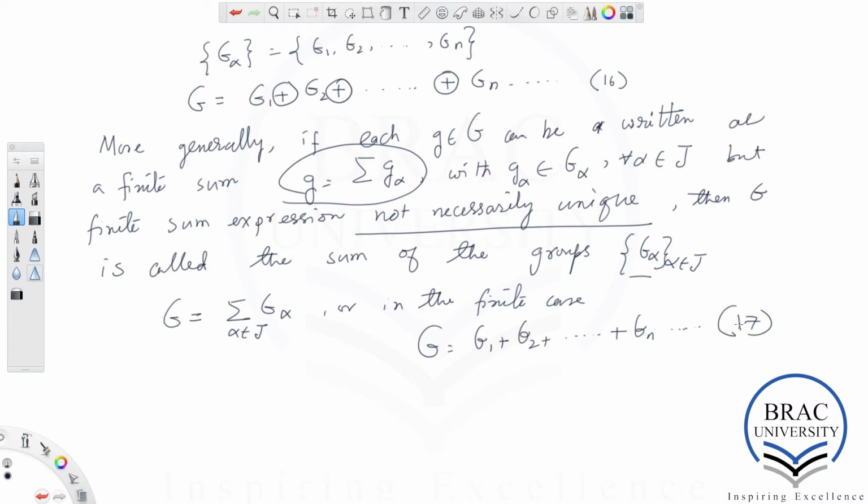All right, so what extra condition do we have to put on the sum of a bunch of subgroups of the given group? If you have G as the sum of a collection of its subgroups, then what extra condition do you have to put in there so that this sum can be termed a direct sum?